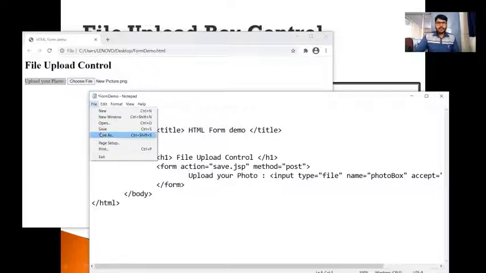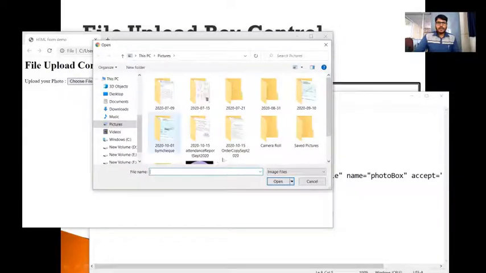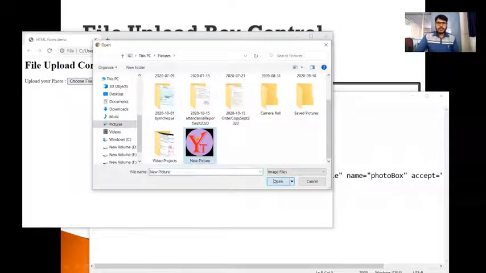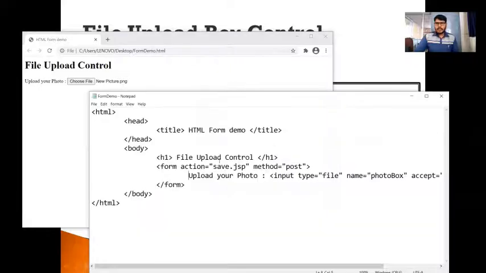the upload box. So now let me save this. And if I reload, you can see here, choose a file, and I'm going to choose my logo here, and it is ready to upload this file onto this particular server script.